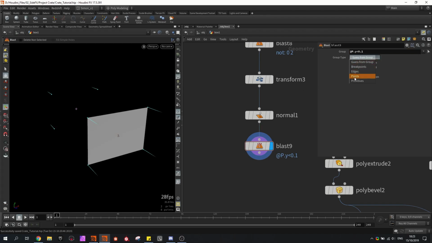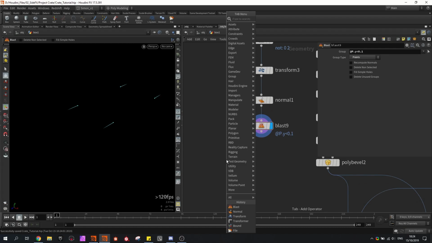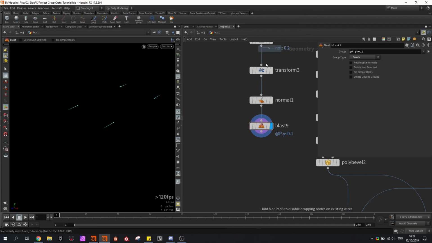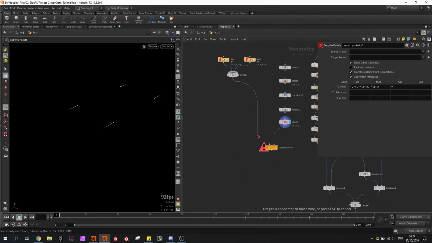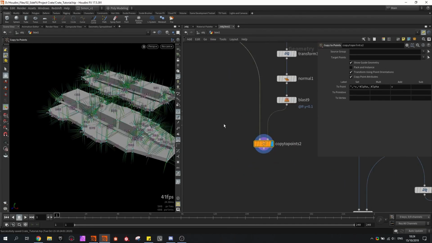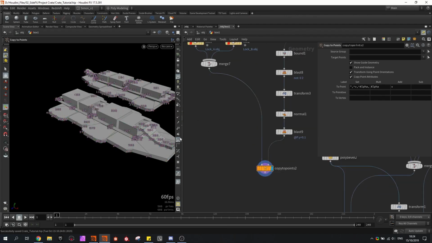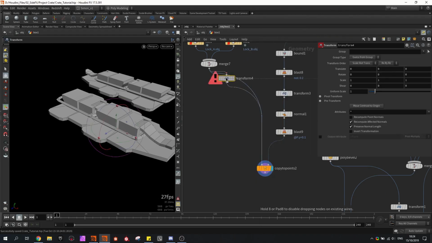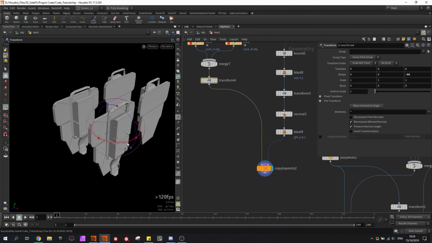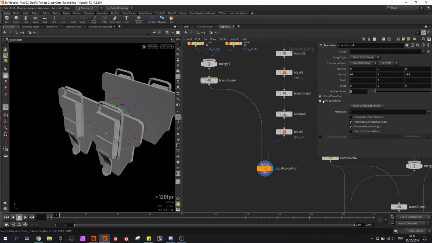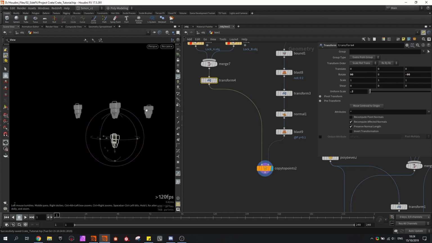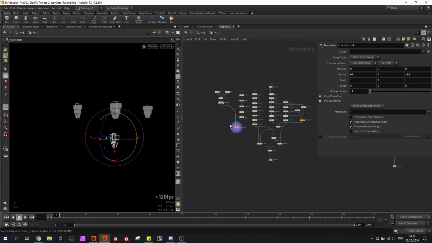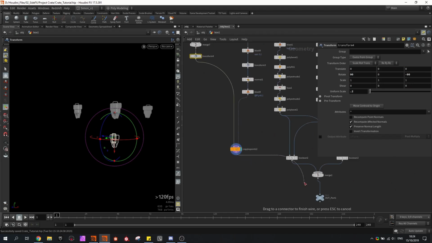And we have to set this to points. And then the only thing that we need to do here is copy to points, fill in the points, fill in the model, and then I have copied them. Of course, my models are too big and in the wrong rotation, so I will be using a transform, and I will be transforming them in the right direction and scaling them down by as much as I need. And I can merge this with the result,